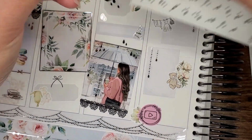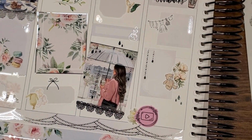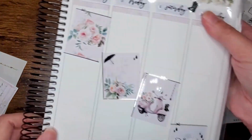So I'm sorry, but as someone who is trying to be better, we're using stuff that we have. And here's a little wiggle of the first half of the week. So the second half of the week,